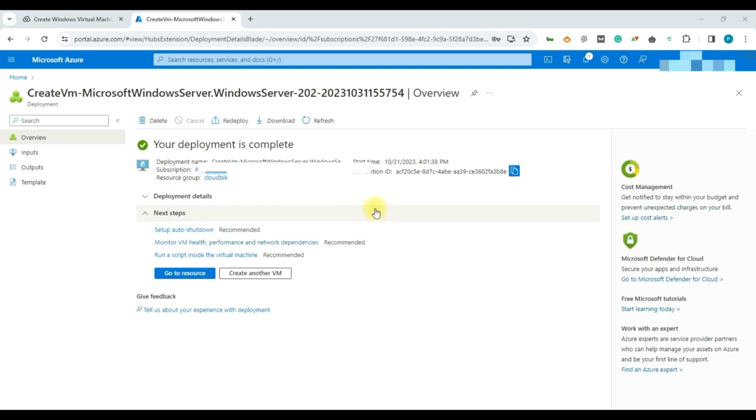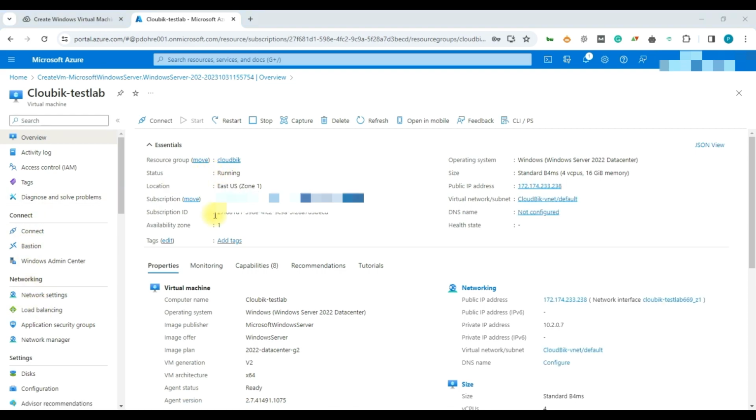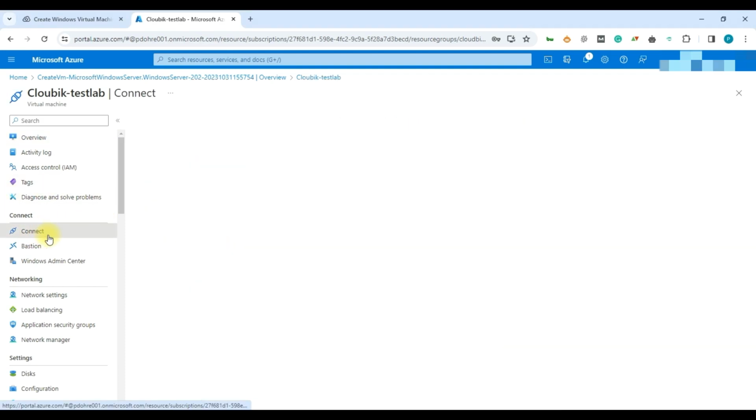Now you can see that our machine has been created. Here you need to go to the resources. So it is our machine. You can see the status is running. Now we need to connect to our virtual machine. So here you can see the option for connect. So click on this